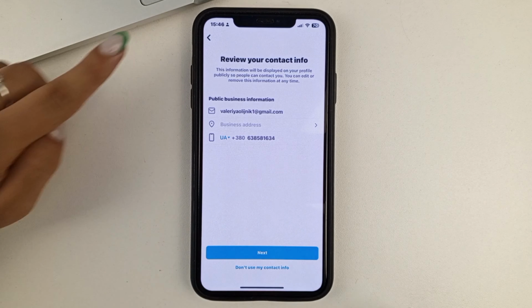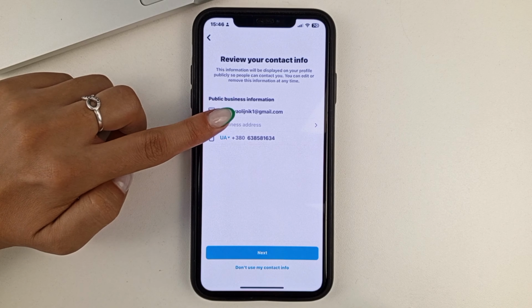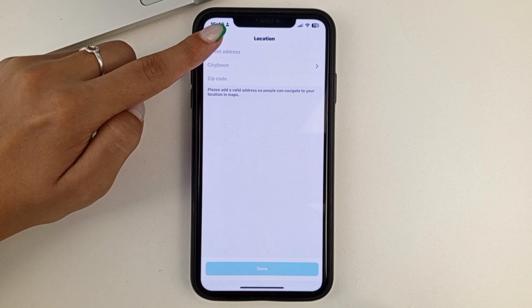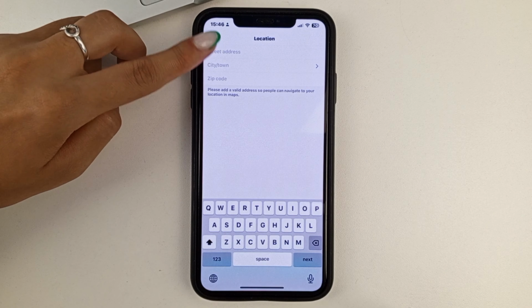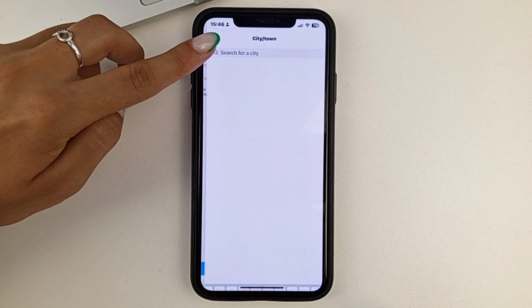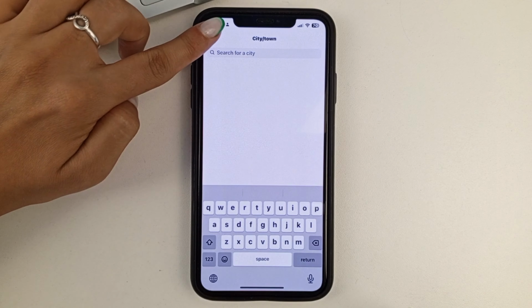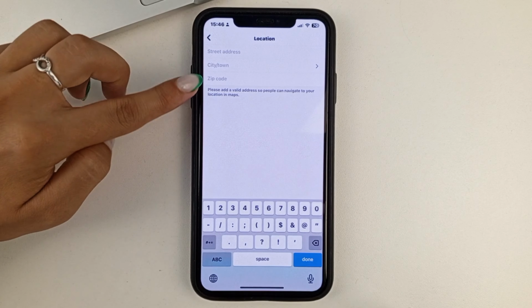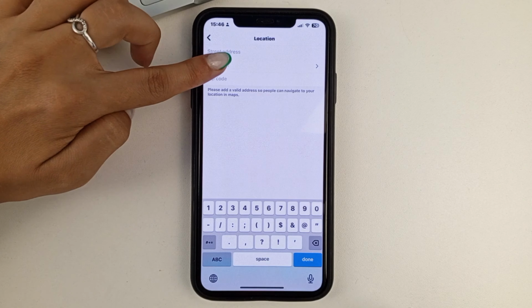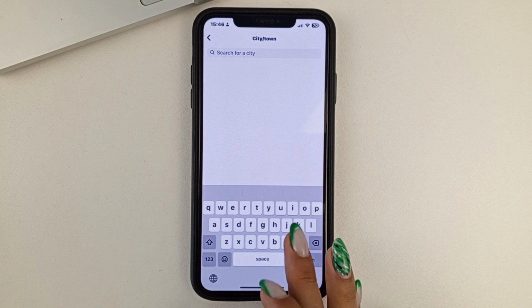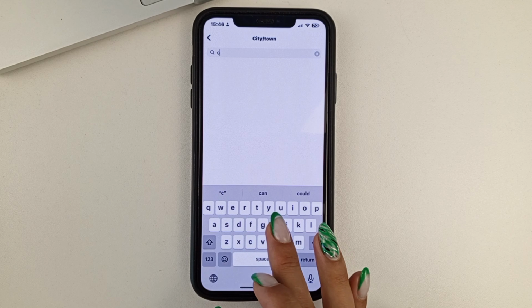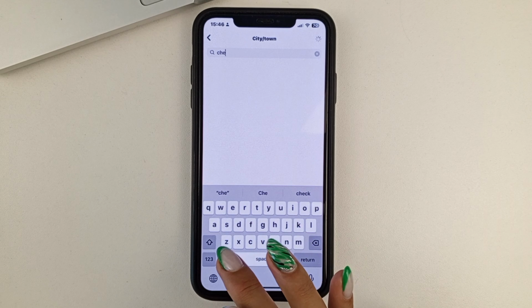So friends, as you can see here, you can customize your location. Click on it. And here you can choose a street address. For example, also city and country. And also the city code. When you go to city, you see the name of the city.